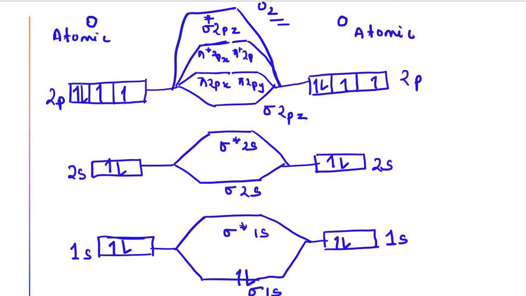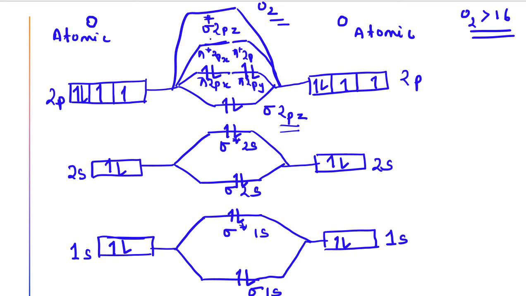Let us see how to fill it. 2 electrons will be there in sigma 1s, and 2 electrons in the anti-bonding sigma star 1s. Similarly sigma 2s, sigma star 2s. Since in the case of oxygen the number of electrons is greater than 14, our molecular orbital configuration has sigma 2pz written before pi 2px and pi 2py. So here how many electrons are there? 2, 4, 6, 8, 10, 11, 12, 13, 14. Why are we filling like this? Because they are of the same energy and thus we have to follow Hund's rule.